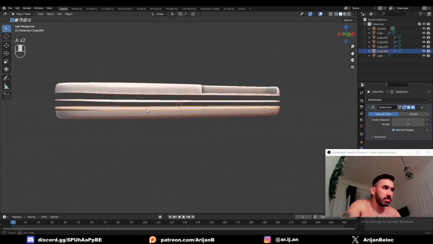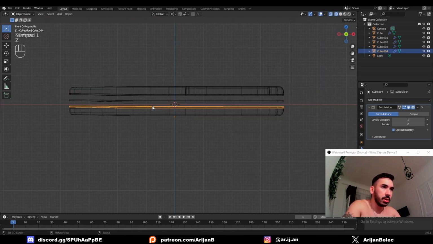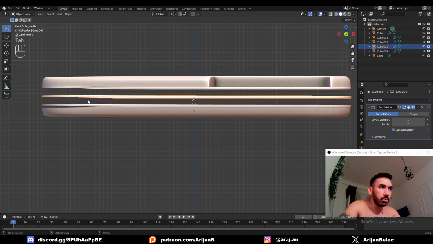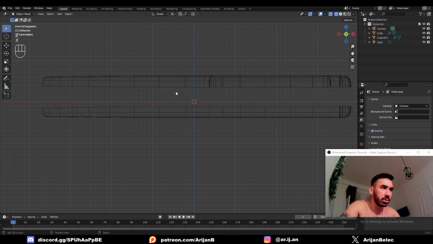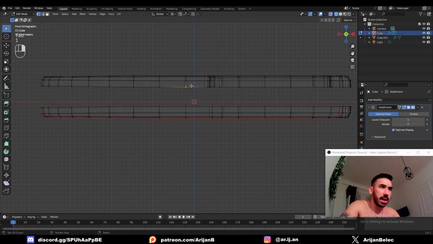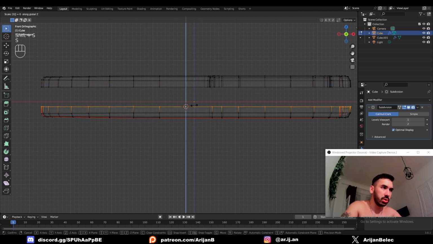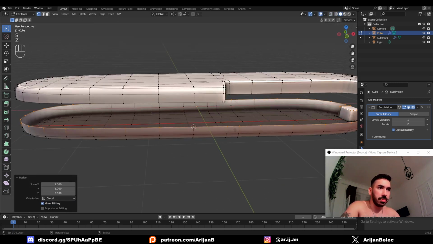Can somebody explain to me how the fuck this happened? This was a completely flat surface, and for some reason now it's crooked. So we're gonna have to make these things from scratch, because this thing is not flat, that's why. Alright, so we have to scale this to 0 on the z-axis, this to 0 on the z-axis, and now I'll take this one,